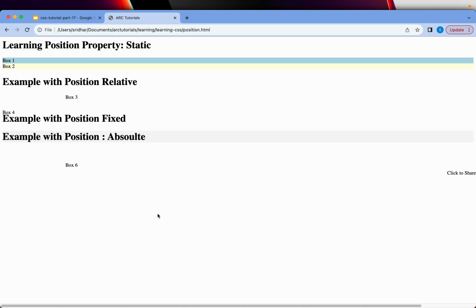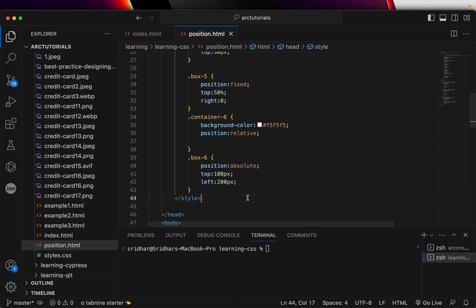Okay, it's a little tricky, it will only come with practice, and you have to implement that yourself to see those changes. But remember, you need to make the parent as position relative, then only you can use it as absolute. Okay, that brings us to the last one, which is